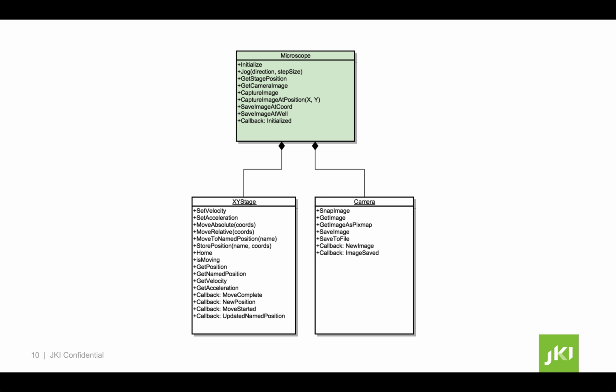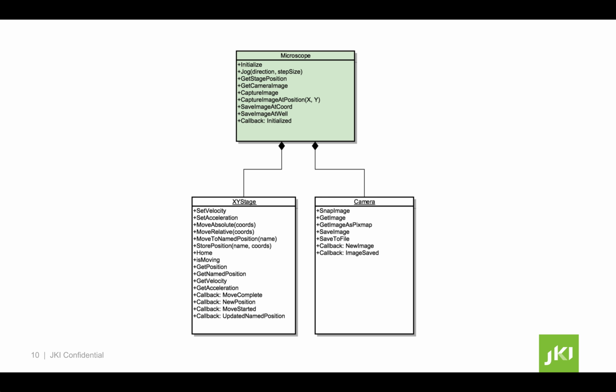Same thing for the XY stage, where we're going to have to set velocity, acceleration, move, all the usual stage or axis type of functions. At higher level, our microscope will need to initialize, jog to certain positions by calling the XY stage, get the stage position or get a camera image directly from calling the camera, but then also some composite functions